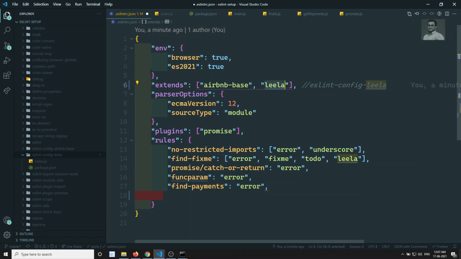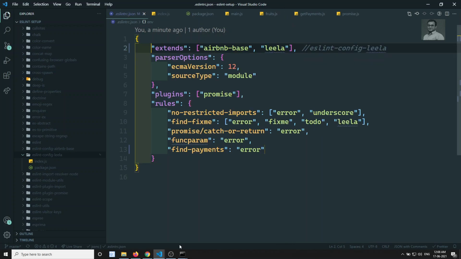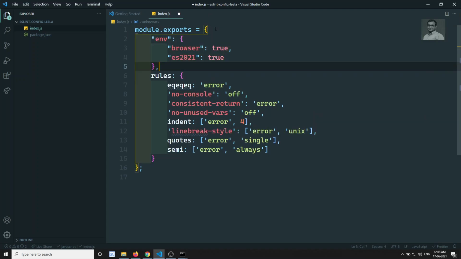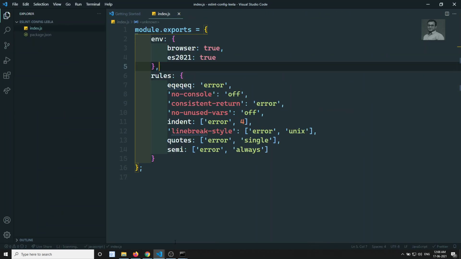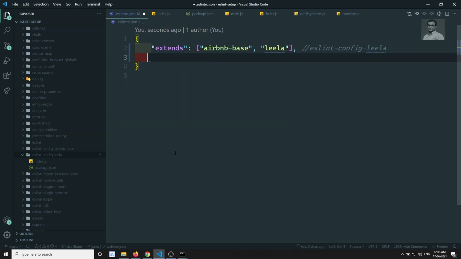Not only this one, you can copy this env and remove it here and add it there also. Now if I go into that configuration file, I can add it here so that env also will be replaced there. There is no need for us. So for example, these are the things I did. Now extends, I can keep it, I can take these plugins, or otherwise I can copy all these things.